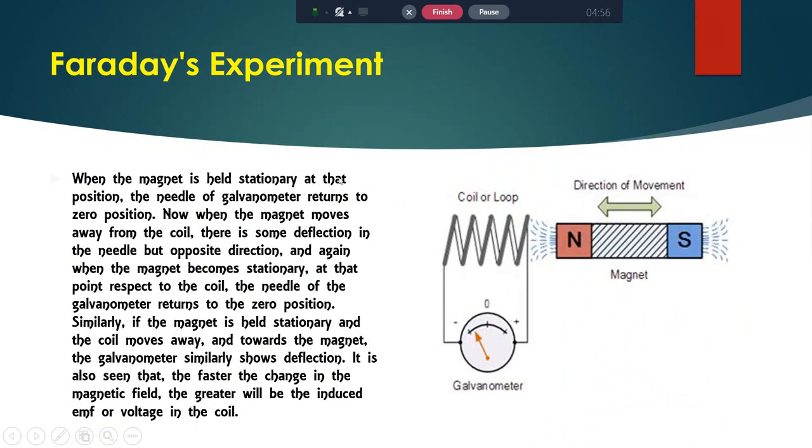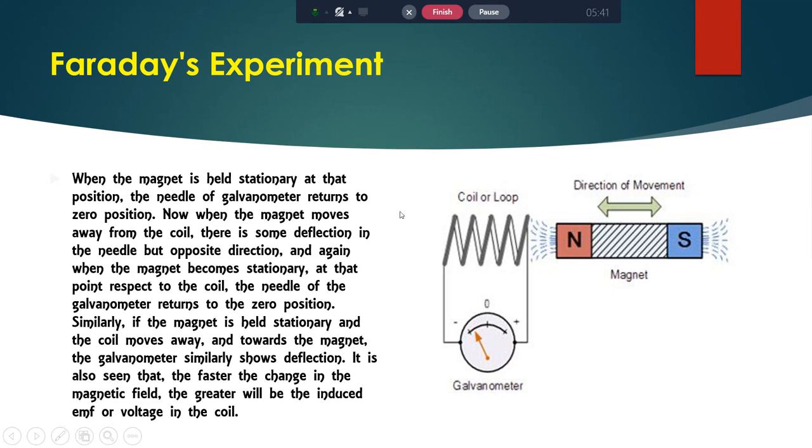So finally, to Faraday's experiment. Let's see what he did. He took a galvanometer and a coil or a loop. It is cylindrical in shape, but it is in coils, and you have a hollow space inside. And here is a bar magnet with a north pole and a south pole. When this magnet is moved to and fro, inside the hollow cylindrical part of the coil and outside, there is a deflection in the arrow in the